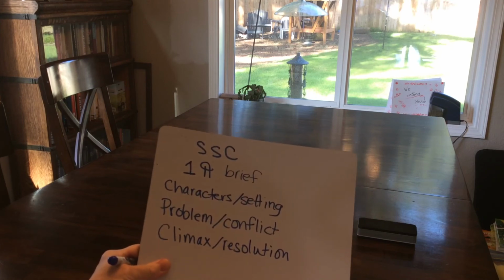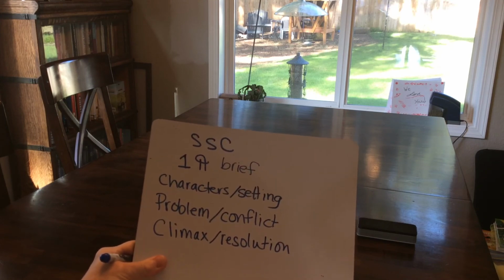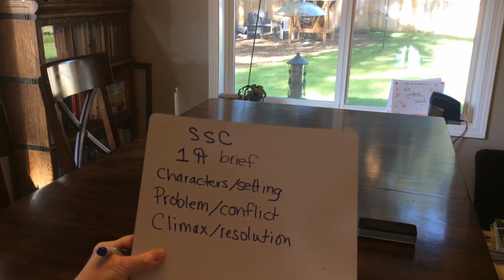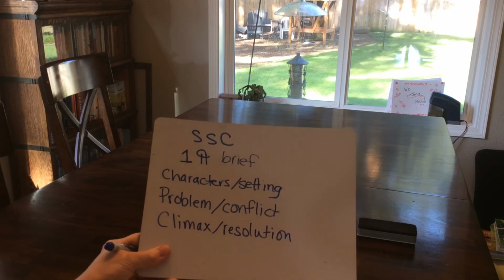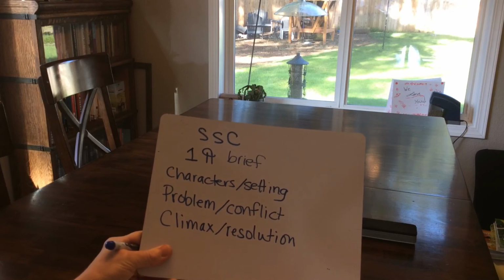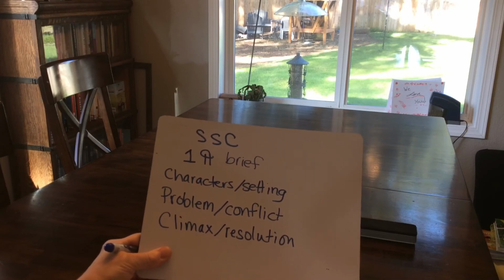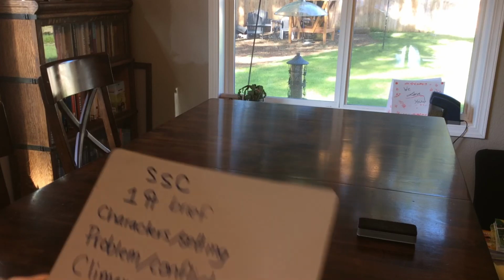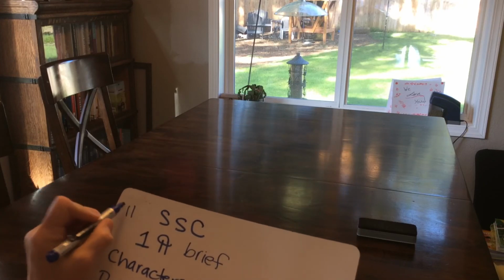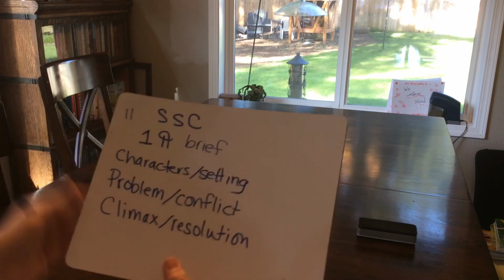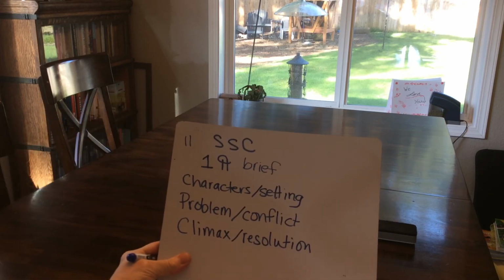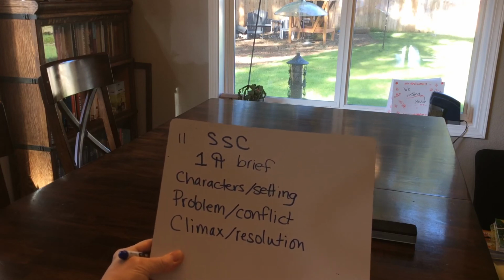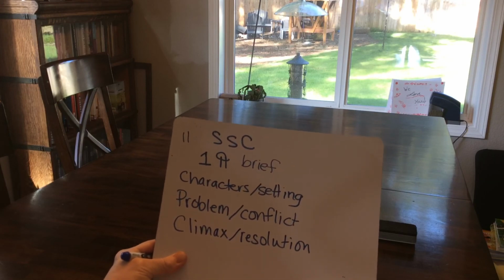The climax, what builds up to this? Who do they get? What happens as they try to find him? Who is he? What does he do? And what is the result? So this is number 2 on your outline. So make sure you have a summary, a brief summary, but make sure all these points are